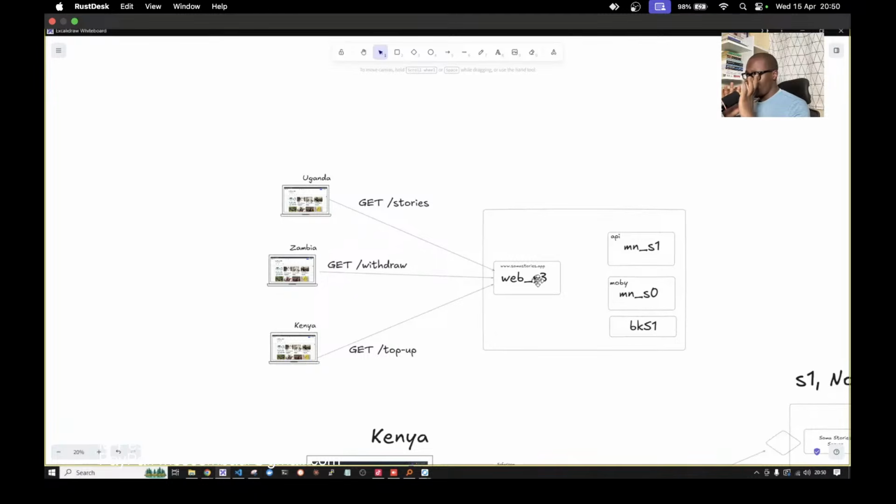I want you to pay attention here. It's not one person in Kenya making a request to your server, okay? It's not one person in Zambia making a simple request to your server. It's not one person in Uganda making a simple request to your server. And here I've said, so this will be handled by our main server, okay? So get me stories, perform withdrawal,